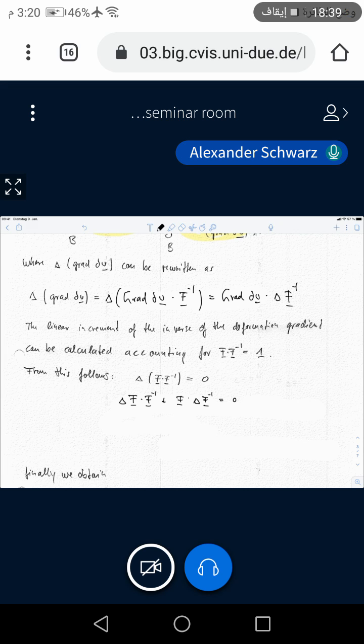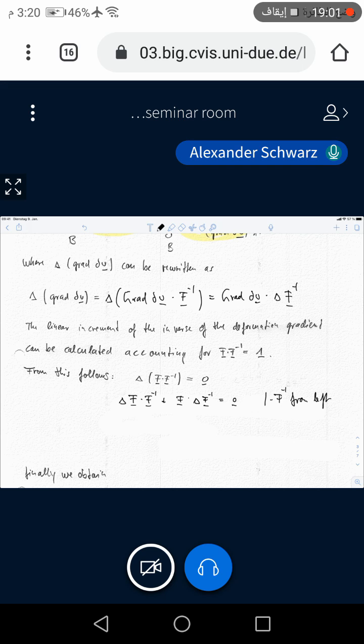Okay, if I now apply F to the -1 from the left side,